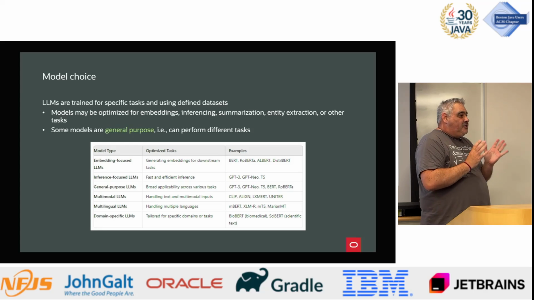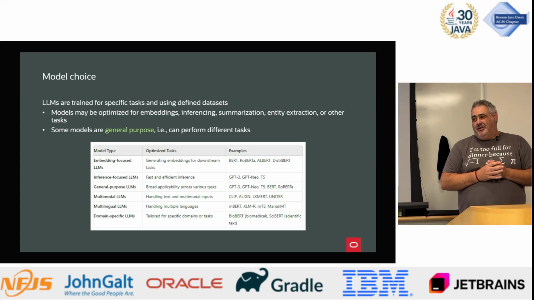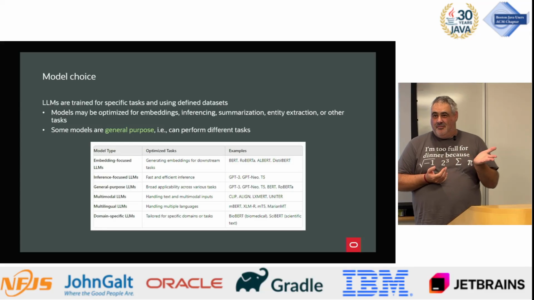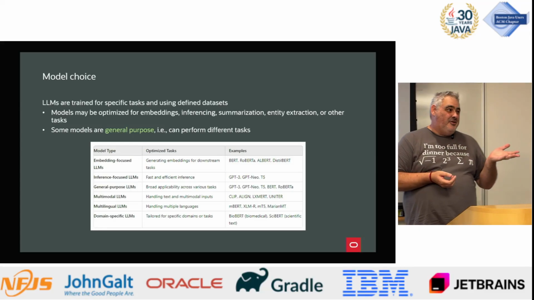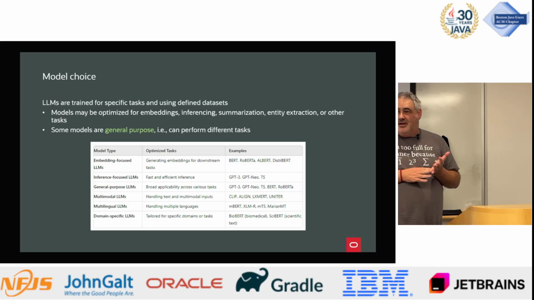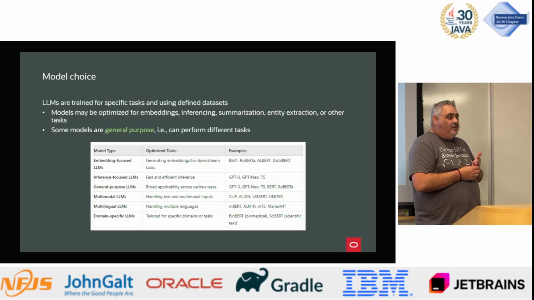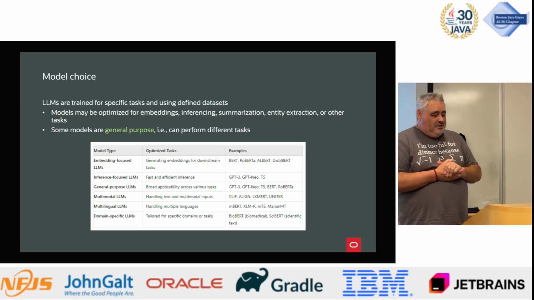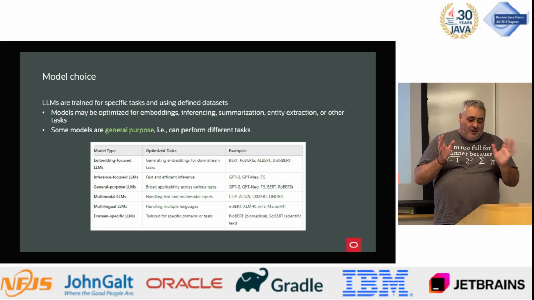But anyway, there's lots of different models. There's new models coming out literally every week. There's hundreds and hundreds of these things available. Some of the main families of models are the ones you've probably heard of, the GPT models, that stands for Generative Pre-trained Transformers. The Llama models that come from Meta. Claude has a family of models called Sonnet. Cohere have a family of models. So there's lots and lots of these models.